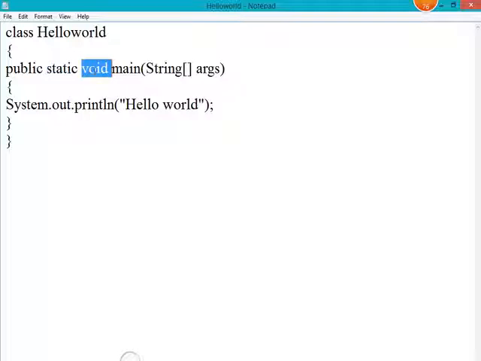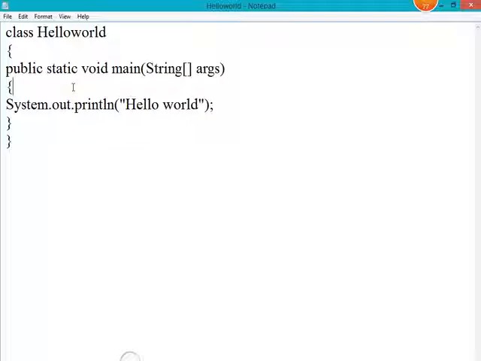Here we are using void as the return type. Every method should declare what it returns. If we are returning some value to the calling location, then we have to write it here: integer, string, float, double, whatever value we want to return. But if we don't want to return any value, then we have to write void here. Void means nothing. This is the main method name, that is main, and it accepts one string array as argument for the command line arguments. We will discuss this in later videos, so don't bother about it for now.